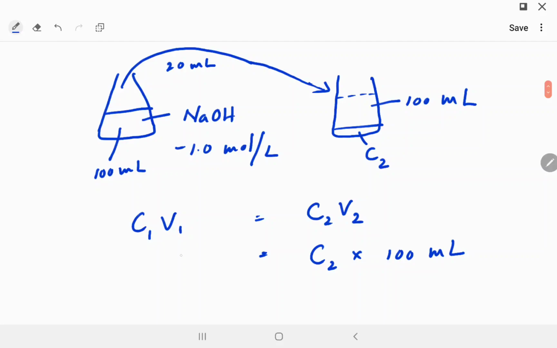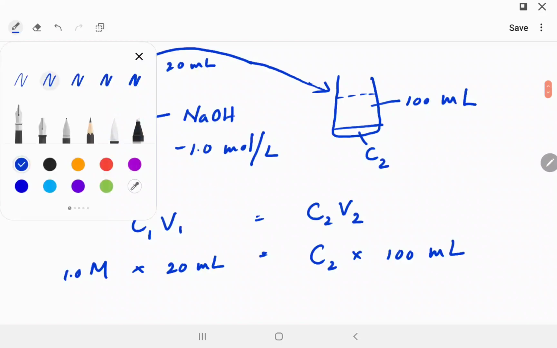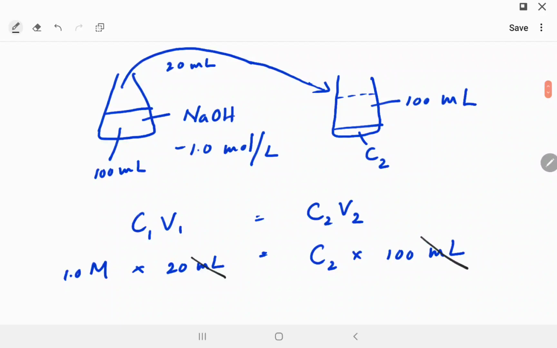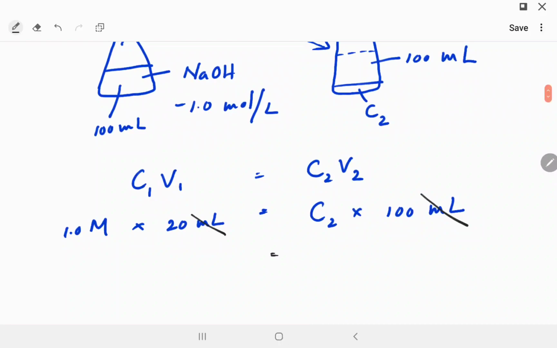You know the final volume, which is 100 milliliters. You transferred 20 milliliters. Don't use the 100 milliliters you started with, because it doesn't matter whether you had a gallon. You are only using 20 milliliters, and C1 is 1.0. Milliliters to milliliters will cancel out, and then you will basically have a 5 times dilution. So when you plug in the numbers, C2 is 0.20